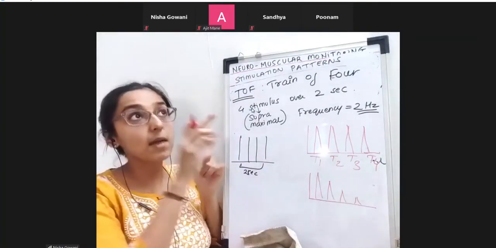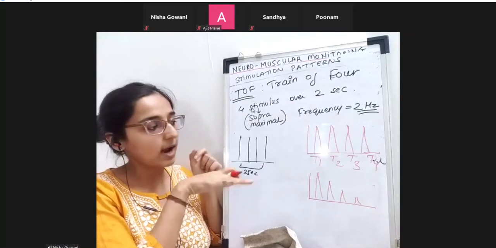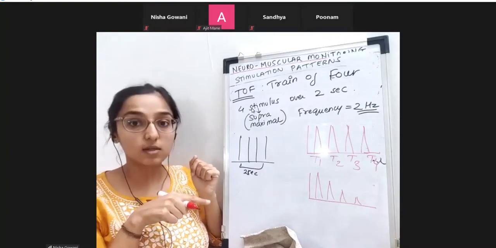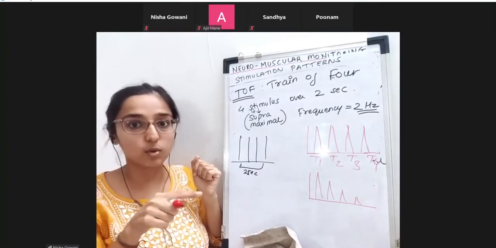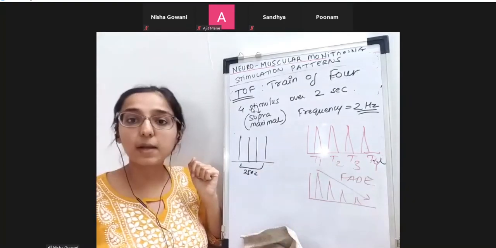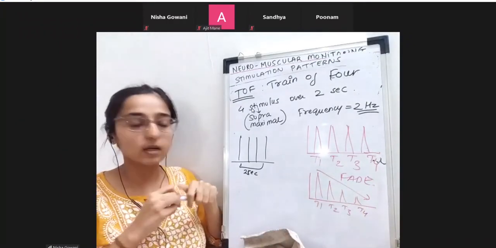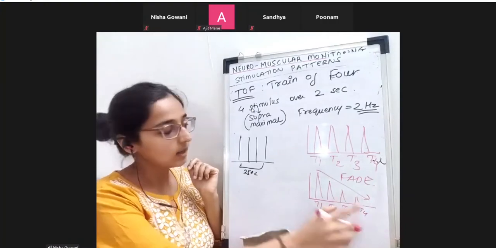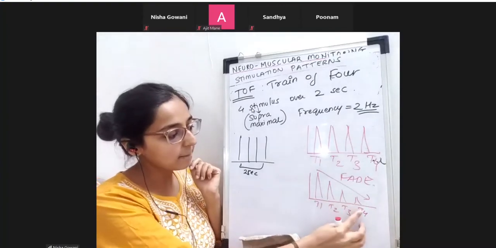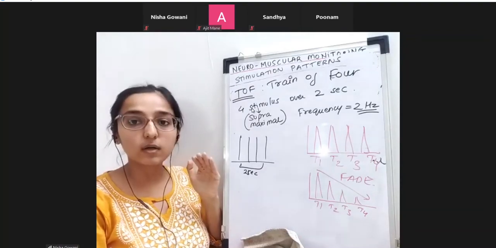Now on my monitor, when I repeat it after giving the relaxant, I'm seeing that this height is going down. Means what? If your senior comes to the table and sees this, he will say, you have given a non-depolarizing drug. He came to know. Why? Because he saw fade. He's seeing a fade pattern. So T1, T2, T3, T4. What is happening here? T4 height has become very less. All heights have become less compared to this, but you're comparing that T4 has become much less than T1. So what is the order of this?